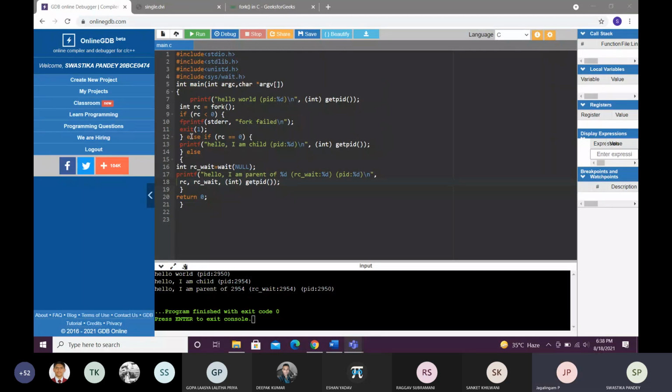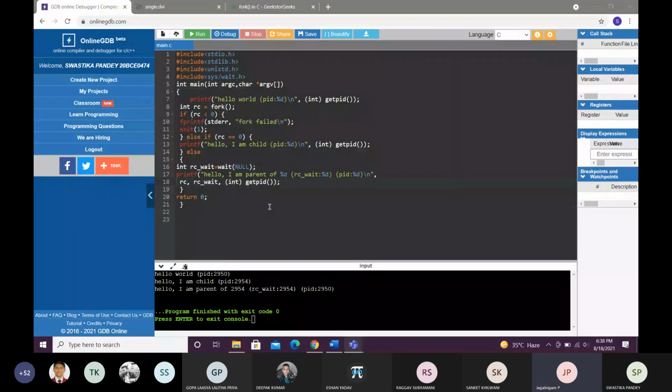If rc equals 0, then the child process starts to execute, and the parent process invokes the wait system call. That means it is waiting for the child to execute completely, and then it will clean up the child process, and after that the parent process will execute. That's all.